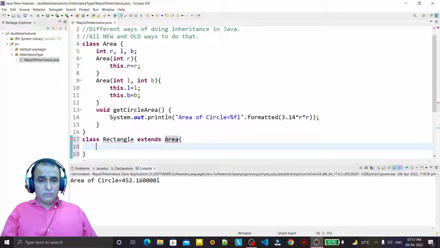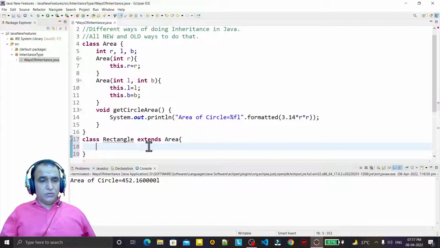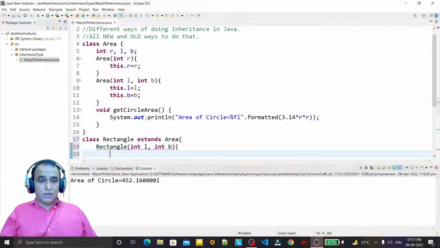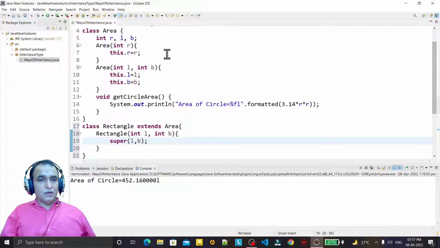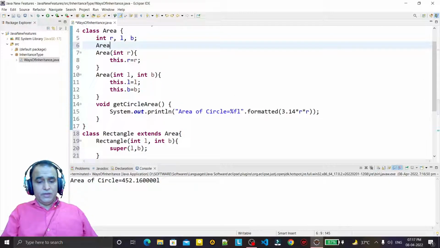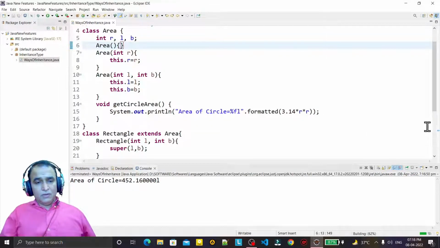Now here the default constructor is being asked for, so I say Rectangle, and here I pass int L, int B, and I pass the super constructor of that class like this, and I can also declare a default constructor also. Okay,